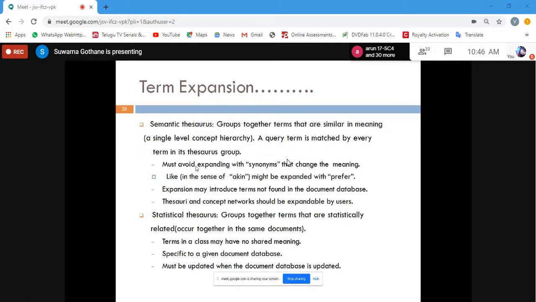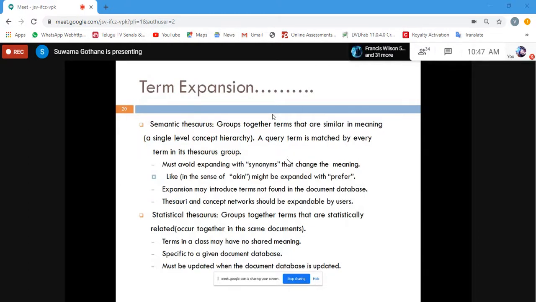Statistic is also one of the ways to specify term expansion. Look at the definition: group together terms that are statistically related. So there exists some association or certain relation within a given document or a given paragraph, then it is called a statistical thesaurus.